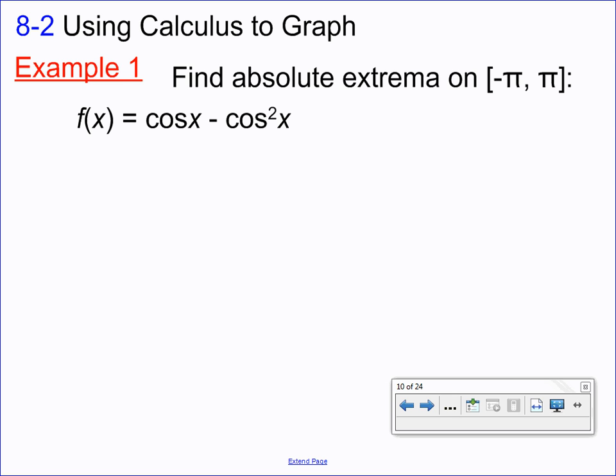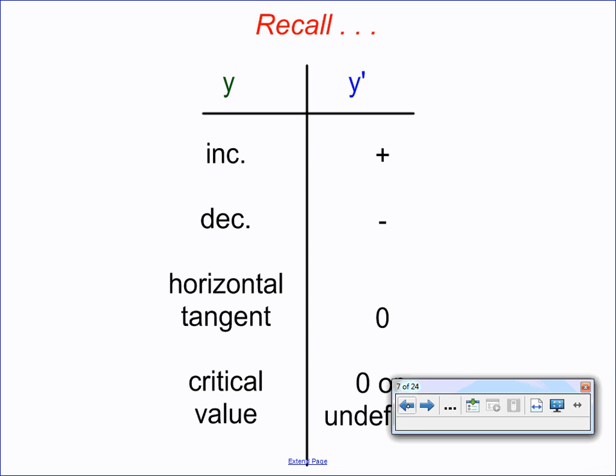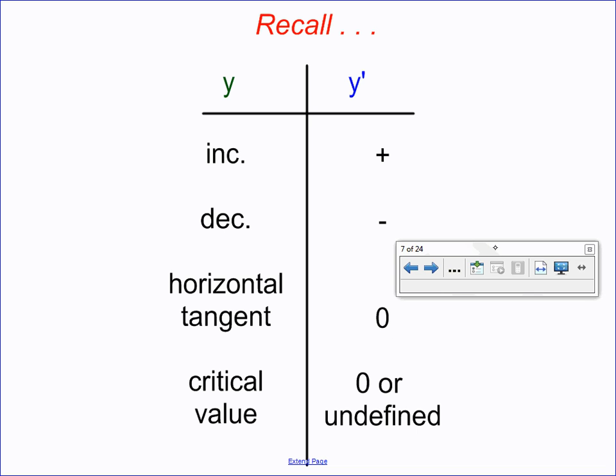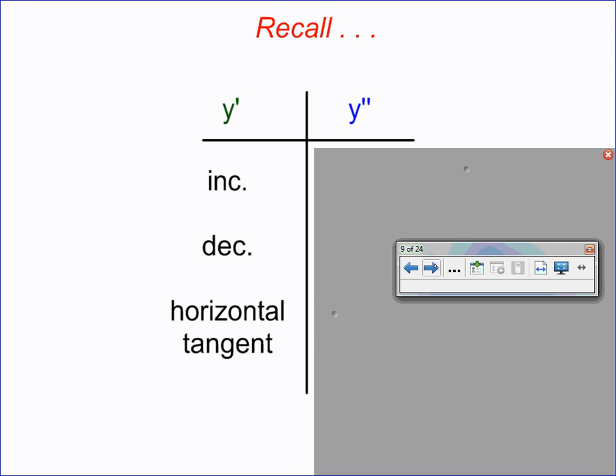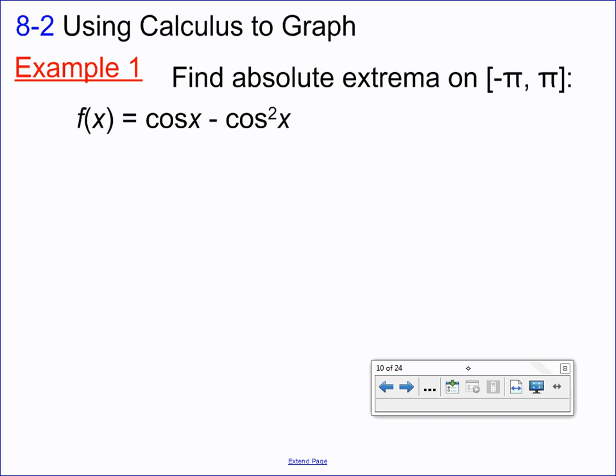We still need y prime, in this case f prime, right? Because we need my critical points, and those come, as we just saw, from when y prime is 0 or undefined. So let's go ahead and get an expression for y prime. So here we go. If I were to differentiate f, I get to use a couple different rules here. It looks like my expression for f prime